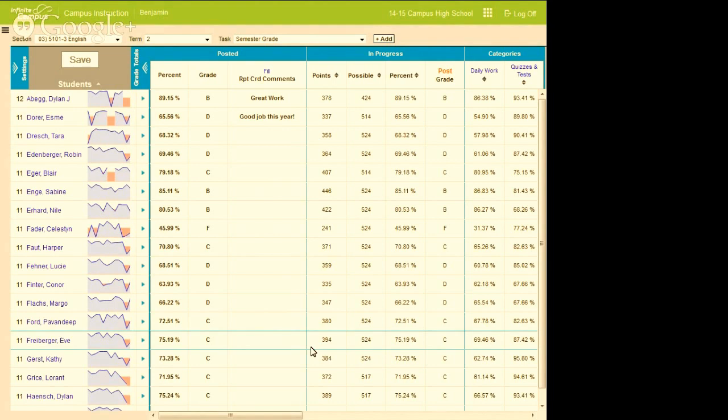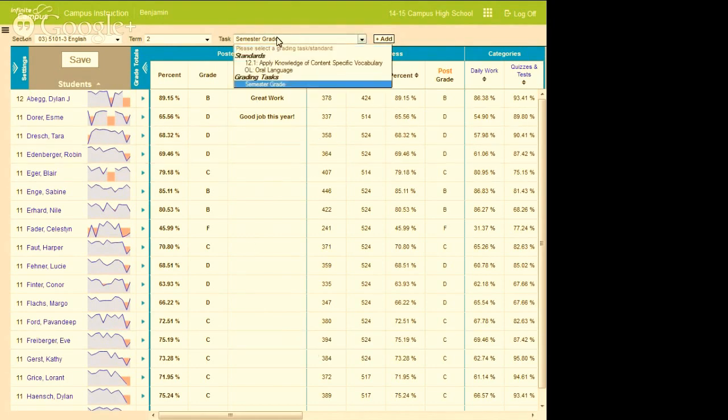Okay, there's a couple layers to the question. That's going to come. Sure. How about exams? If they had a first 9 weeks, a second 9 weeks, they want to have a standalone exam that calculates into a semester grade. Maybe it's like 20% of their overall. Yep. Those scenarios. Where would the exam grade be put in? There's a couple of places you could do that. Most likely it's going to be a grading task. So in this particular course, I'm just responsible for the semester grade, and I'm also doing some standards. Applying knowledge of content-specific vocabulary would be an example of a standard we talk to in that course. So what I would see in your scenario would be grading tasks.